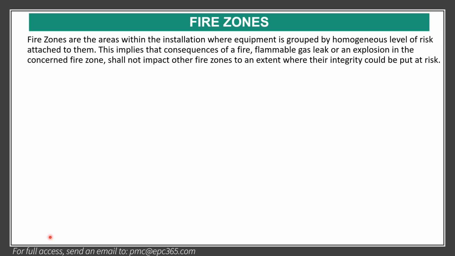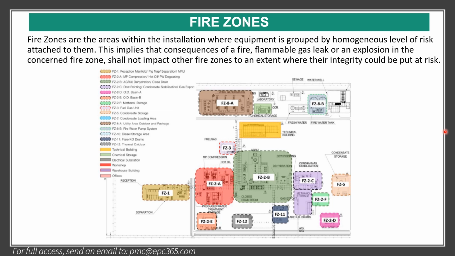Fire zones are the areas within the installation where equipment is grouped by homogeneous level of risk. Now I show you here how this is an installation and how fire zones are defined in this installation based on calculations. This is fire zone 1. Fire zone 1 means that if there is a fire and explosion in this area, which is the receiving facility, slug catcher, LP separator, mercury removal unit,